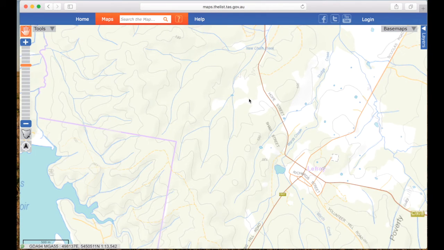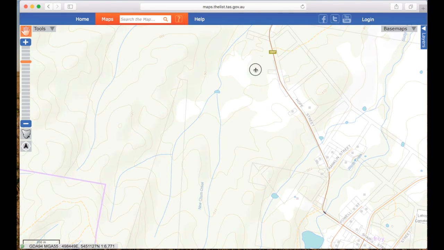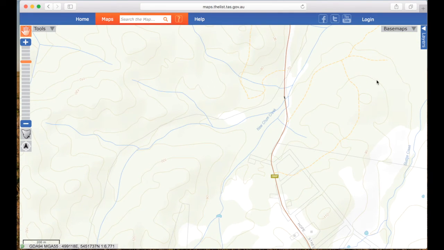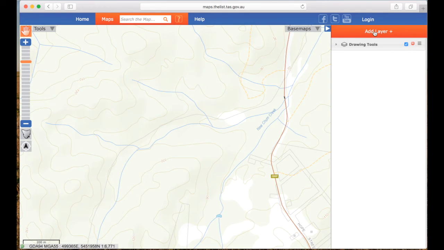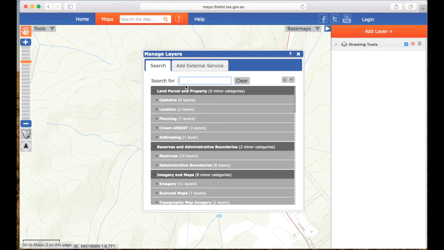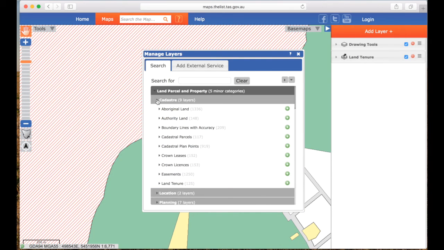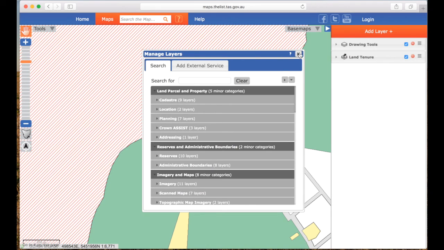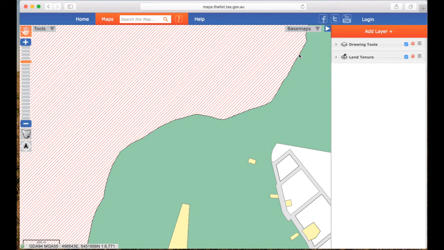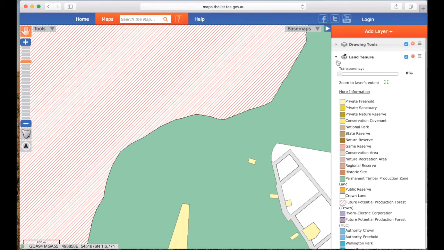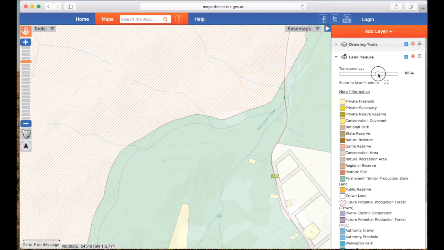And now we've got, here we go. Now we've got the Chums area. We can't overlay the mines, but this is the same area we were looking at a moment ago. And we can add a new layer and go to Cadastre and add a land tenure layer. We close that. Close that. Now the land tenure is an opaque layer, you can't see through it, so what you can do is click on this little tab next to land tenure there and increase the transparency so we can actually see through